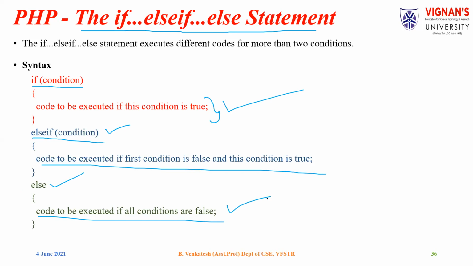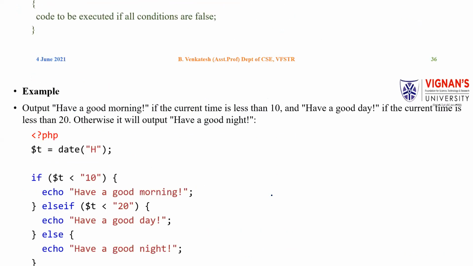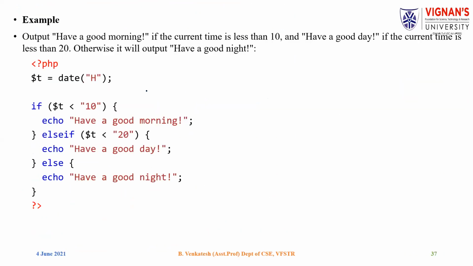You already know these conditional statements, that's why I'm giving a brief description here. Here it is checking: we are getting the date value. It will give the hour of the time. It is the 10th hour, or 11th, 12th, 13th, 14th hour.